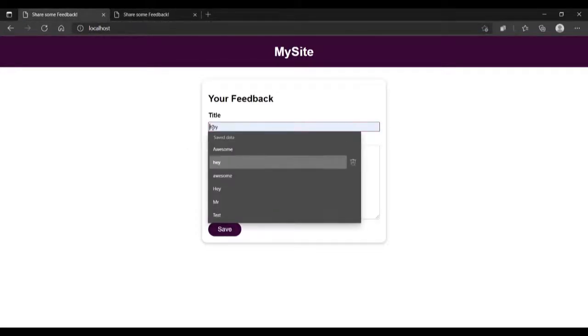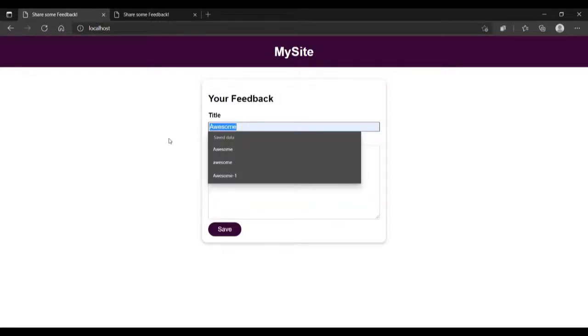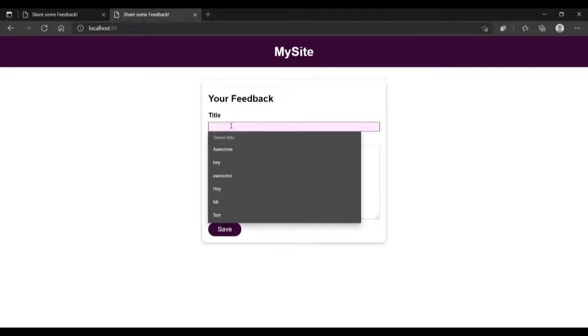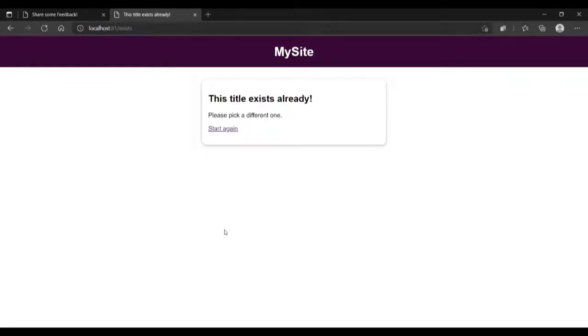Here if we type awesome, I will type some other thing. Say I will type node, node is server. I'll just save it, it is saved. Now here if I type node and node is not a server, see, it will not take.